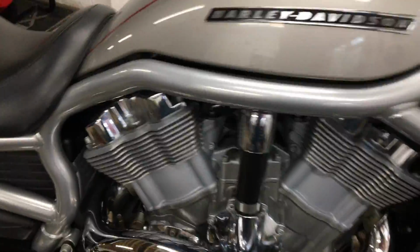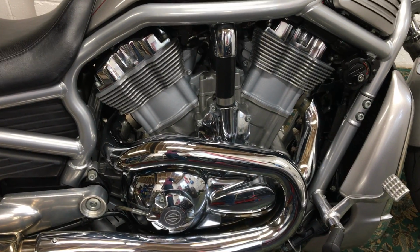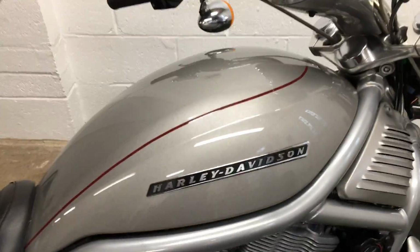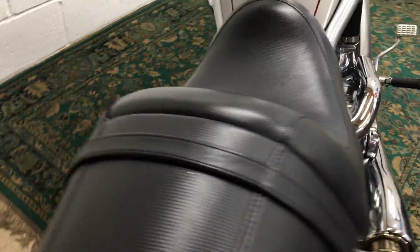The other one is on the seat. I'll move to that in a second. I mean, this is just delicious. Absolutely bright, sparkling and lovely. There's no marks or dings on the tank either. Everything's bright and lovely. Just this